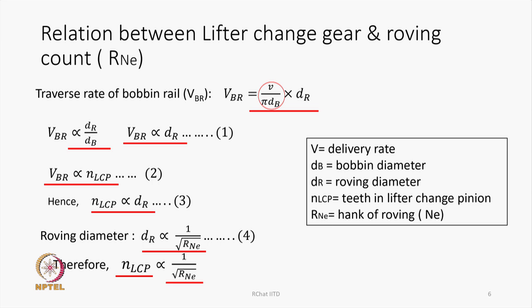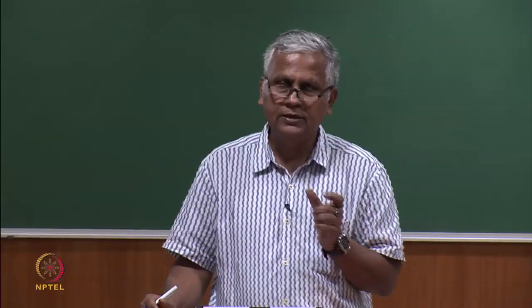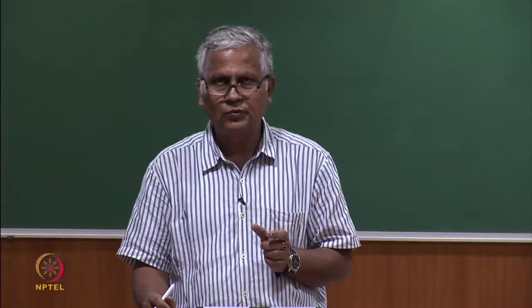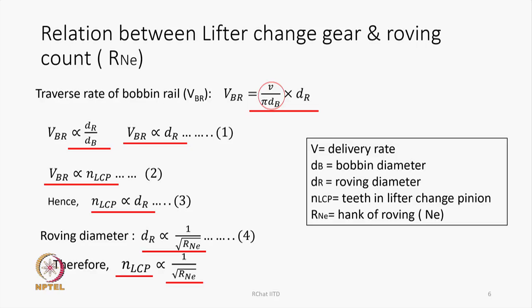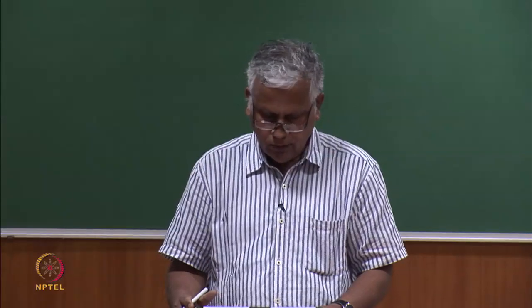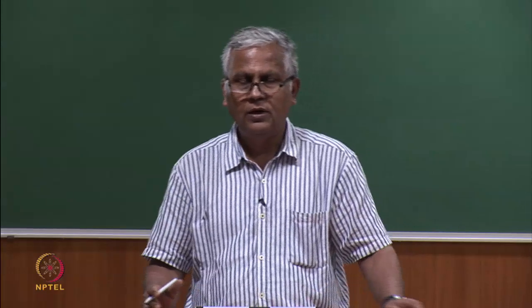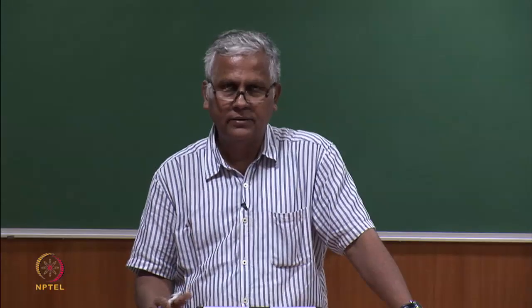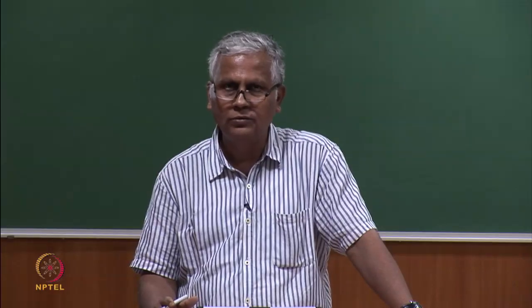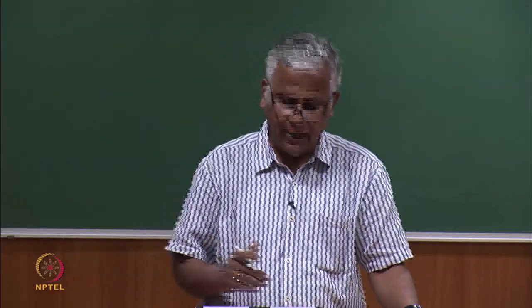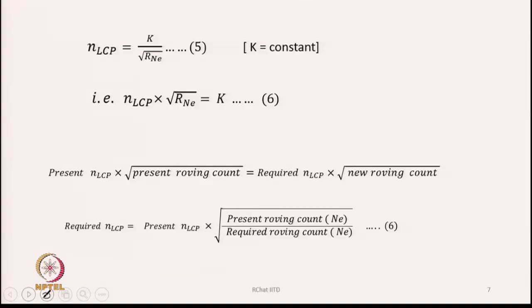The number of teeth in the change pinion should be inversely proportional to square root of roving hank or roving count expressed in NE. From there we can write, therefore, NLCP is going to be some constant k by root over RNE,